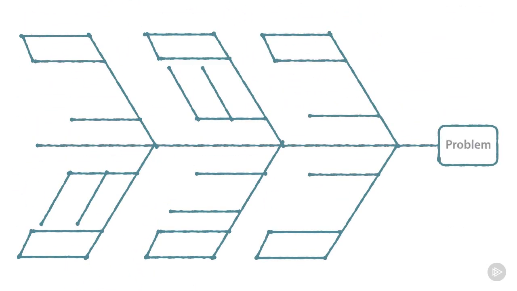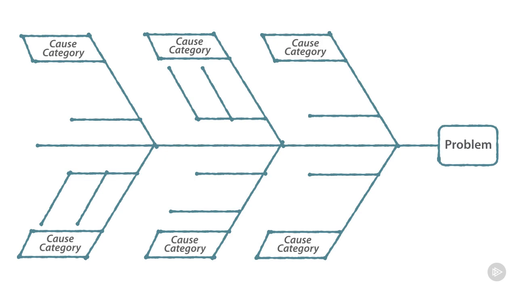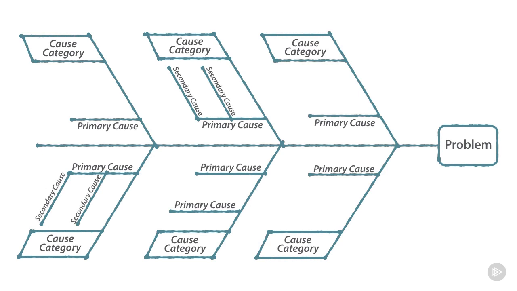Let's look at an example. Here we see at the head of the fish that we have a problem or a situation that we'd like to look into. At the top of each of the different fish bones here, we have different cause categories. Within each of these, we have a variety of different primary causes that can serve as offshoots. We see these represented by the horizontal lines. On the more vertical diagonal lines here, we see a variety of secondary causes that might also be possible to see within certain cause categories underneath certain primary causes.